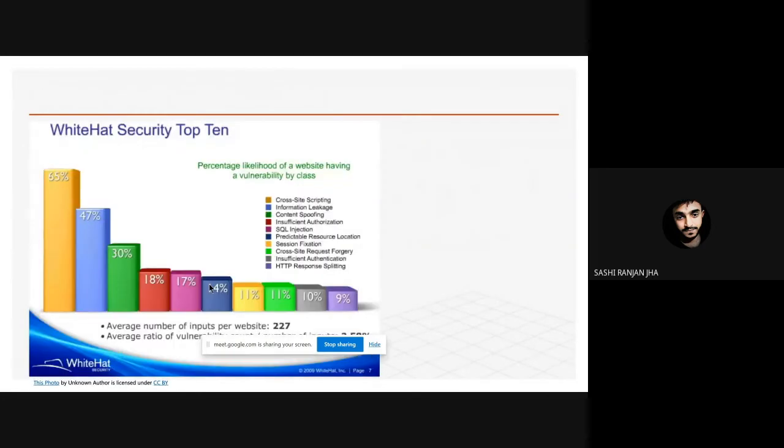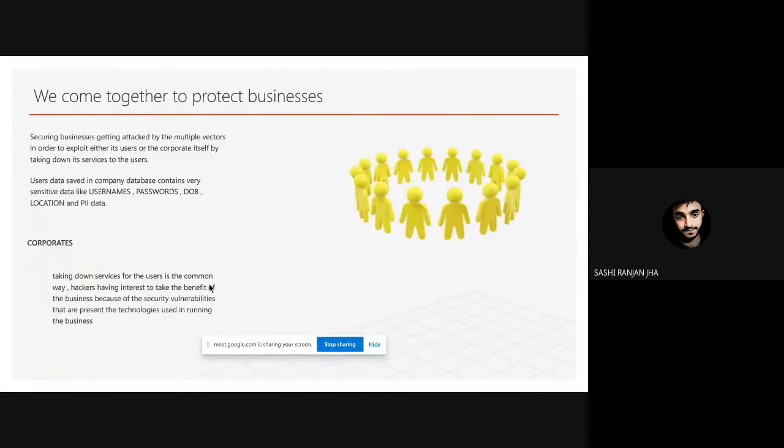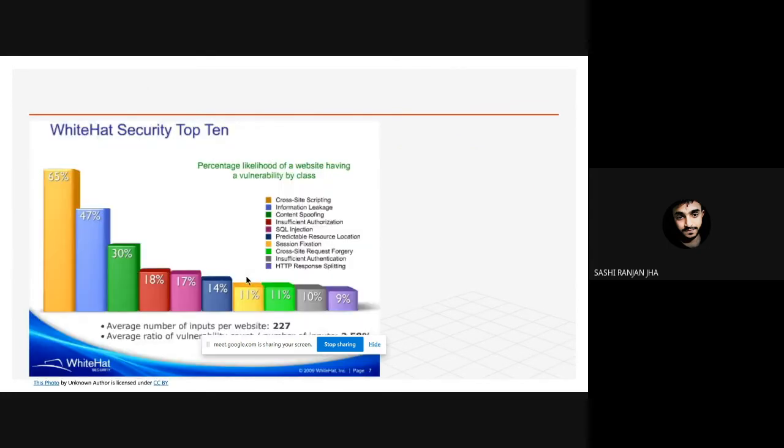So whenever a hacker finds some kind of technology that is vulnerable to some kind of exploit, they go to databases and find the related services or the related websites that are using the same technologies, and out of that they find their target and then attack them.